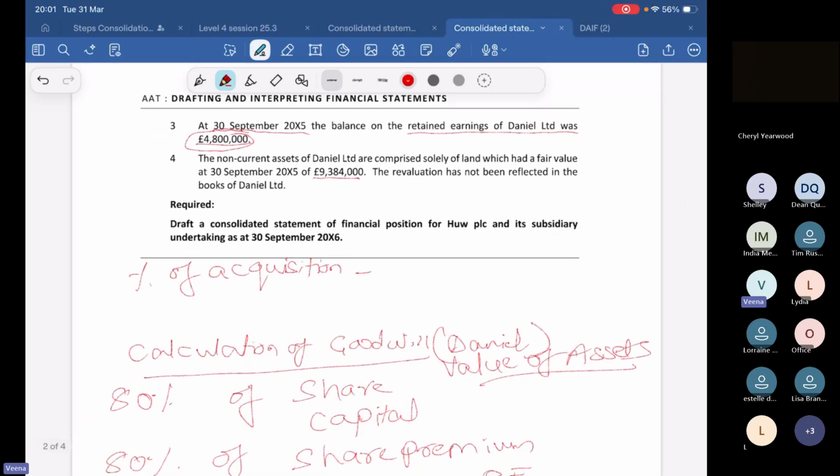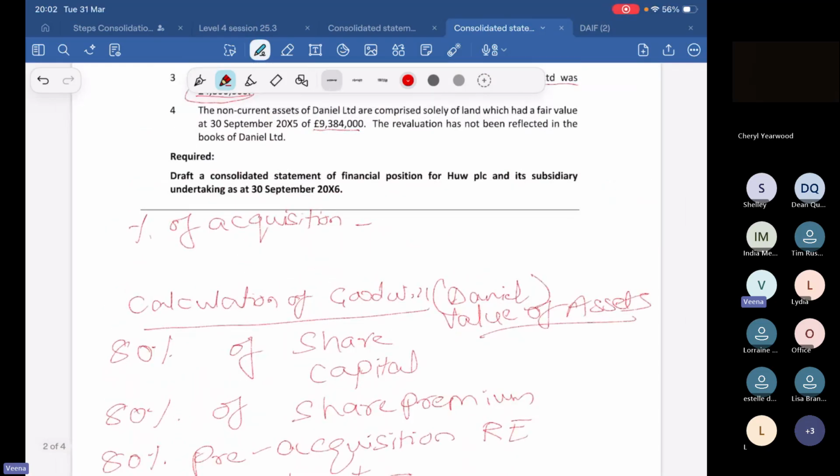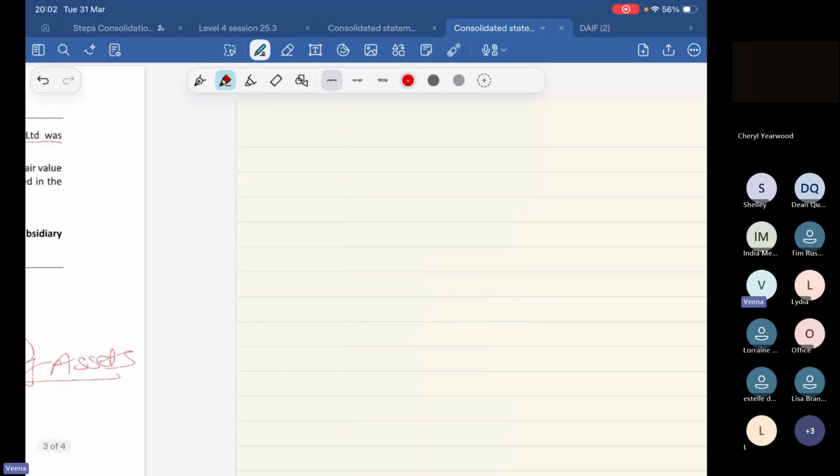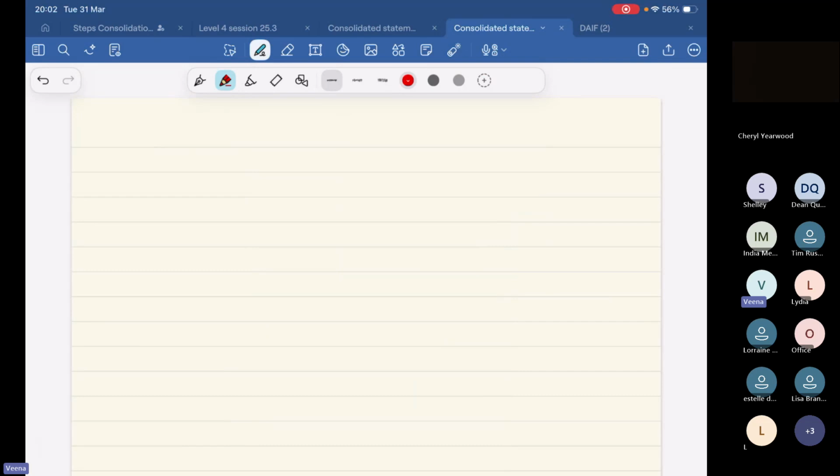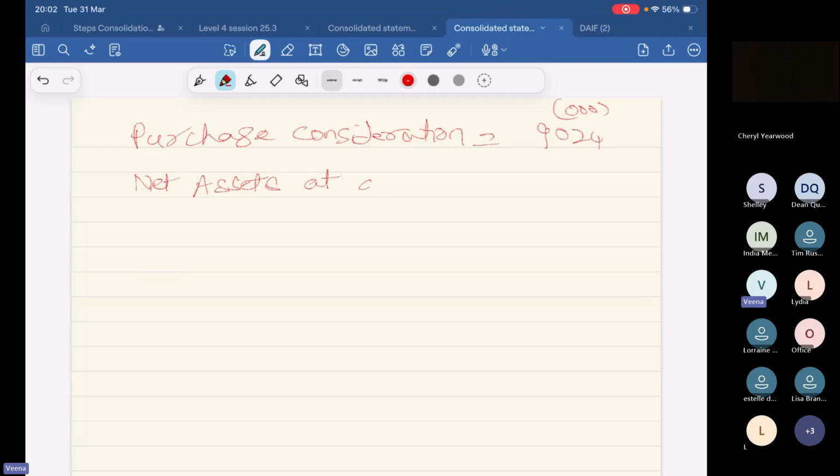So what are we doing here? Okay, so what is the total of the share capital? So let us do all of that now here. Okay, so first of all, what is the purchase consideration paid? What have they paid? Purchase consideration they have paid is equal to 9,024,000, which is what it says in the question. So I'm just putting in thousands here. Against what? Against the net assets. Okay, so what were the net assets? So net assets at the time of acquisition,